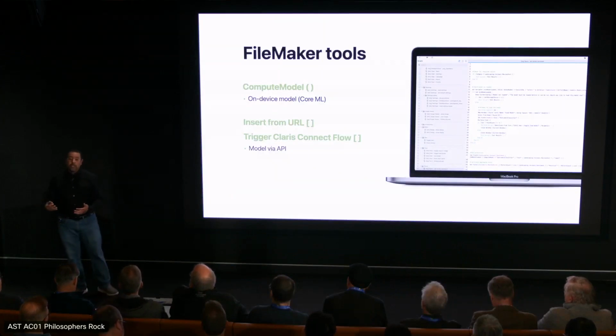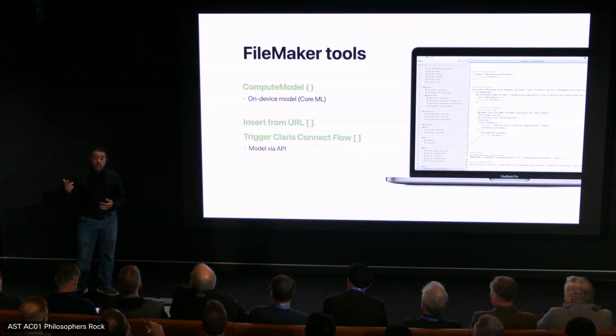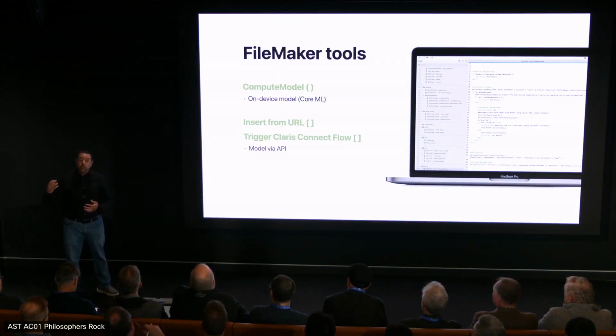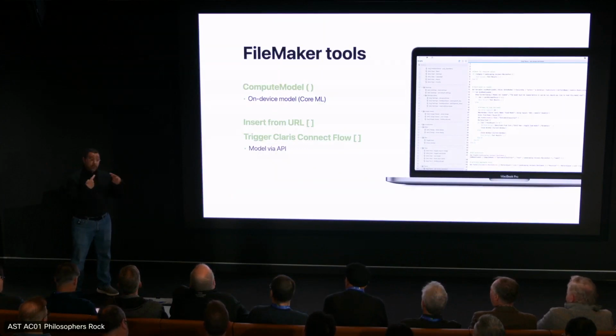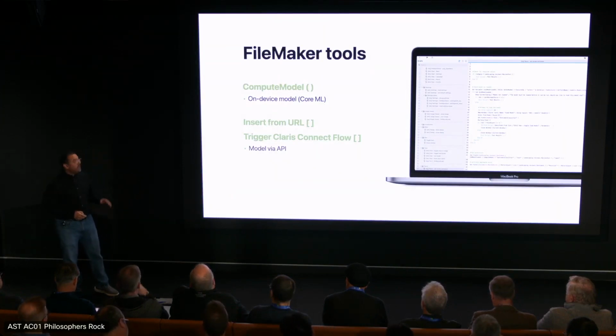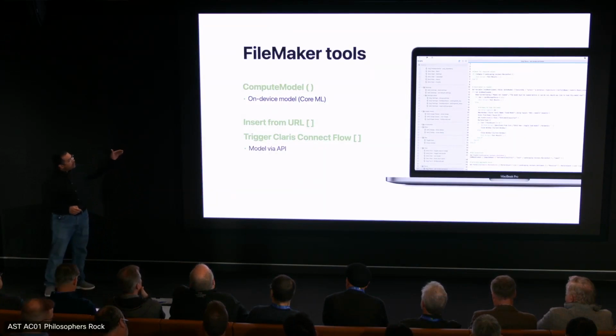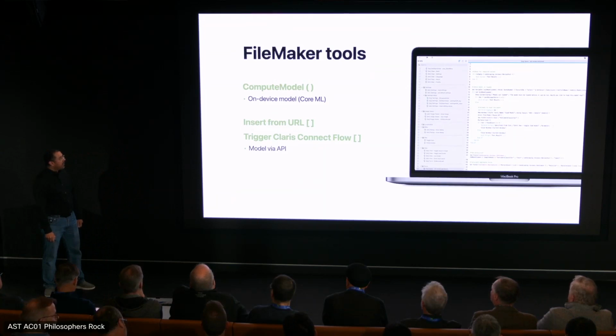for production, Claris Connect is very fast. It's scalable. It's secure. It keeps track of changes. Like all the stuff that you would normally have to code in your scripts, Connect can take care of it. And so you can offload a lot of the heavy lifting, and the whole replicating all these things, you can just let Connect do it and call it for multiple applications. So it's really, really good. I have no problem testing things with the Insert from URL script step, but if you're going to go to production, whenever possible, I'd say, yeah, use Connect. All right, so that's